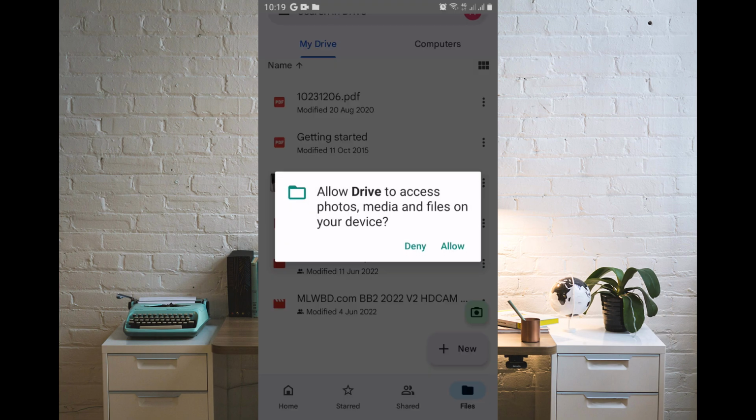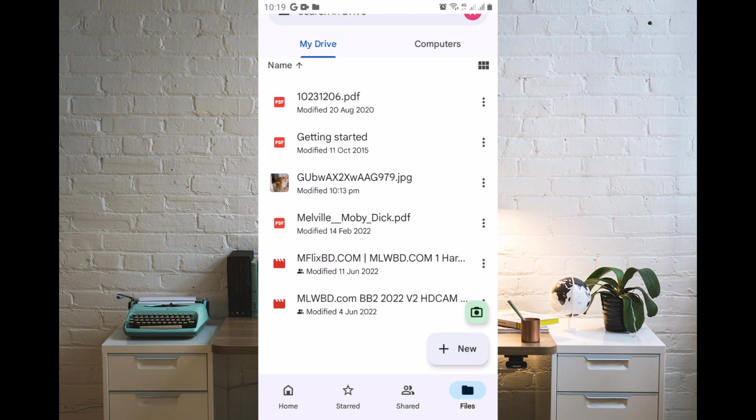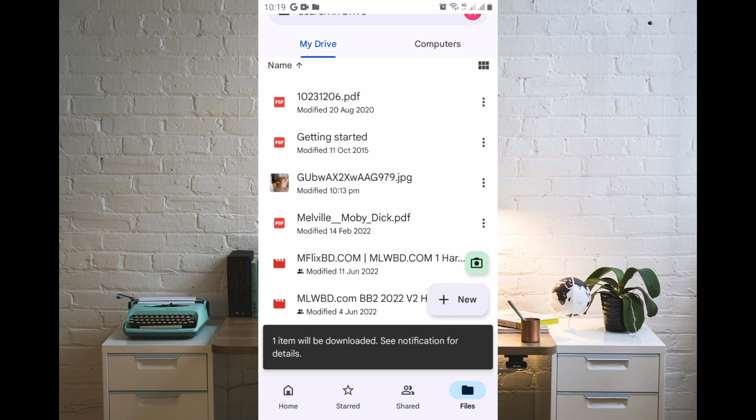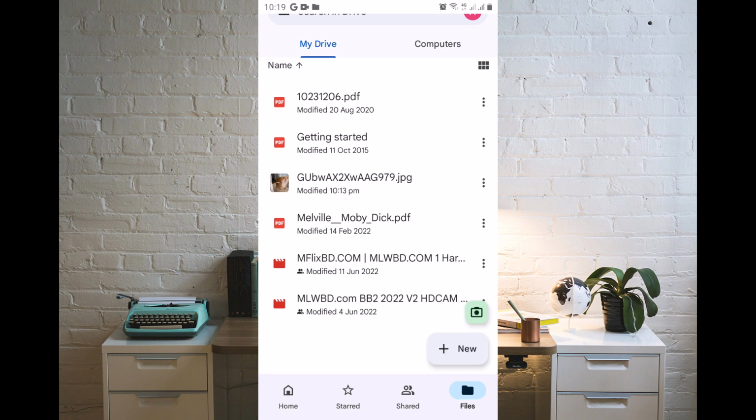and allow the drive to access your photos, media and files on your device. Here you can see one item is being downloaded. And yeah, that's it. Now you know how to easily download your photos from Google Drive, no matter what device